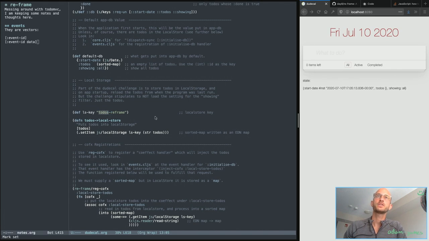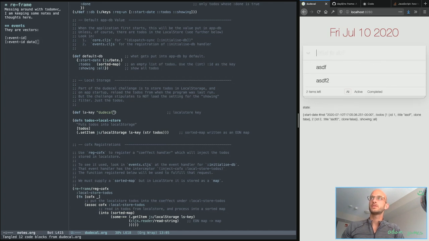I wonder if I do key dude cow. If I do this, if I do, right, so then I refresh this, it's got those 2. If I change this back,